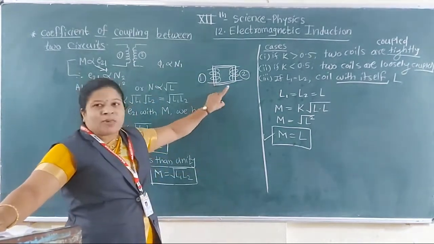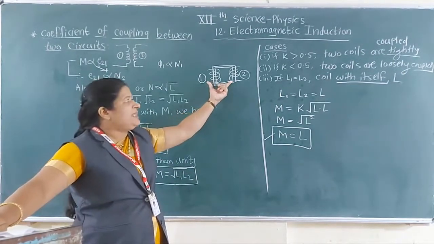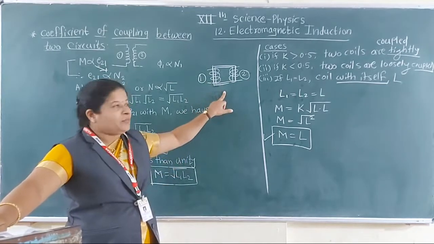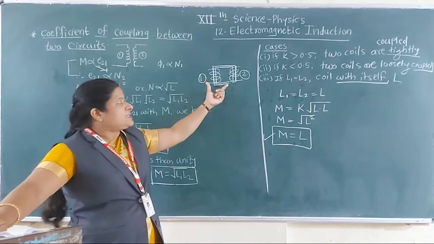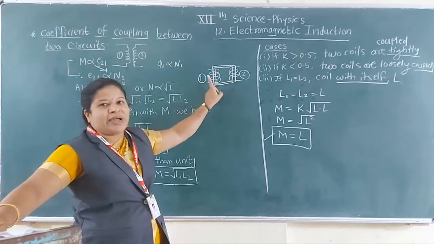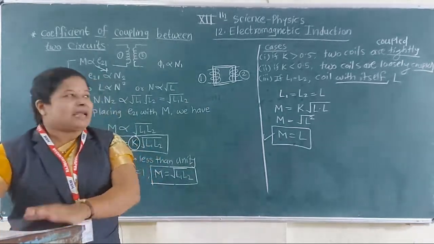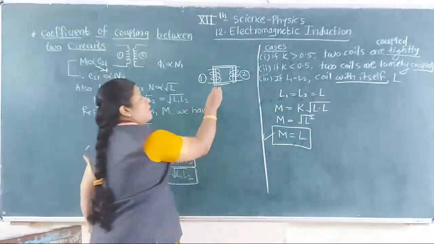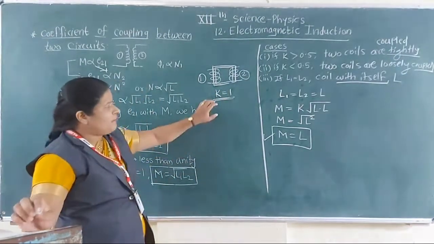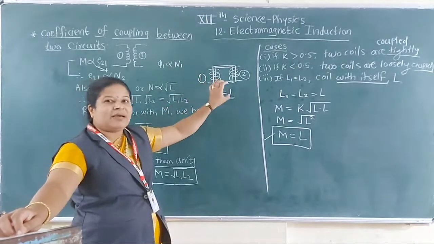Then the coefficient of coupling between these wires is considered as unity. This coefficient of coupling between these two coils is considered as unity. That means the value of coefficient of coupling K is equal to 1 when these two coils are commonly wound